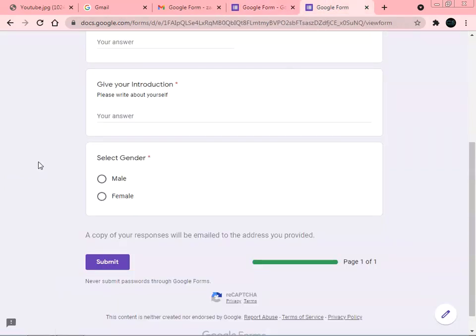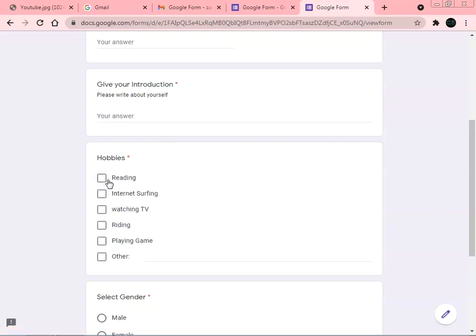So here we are coming to the form and we are reloading it. Here we are getting this hobbies option. So we can select reading, internet surfing, watching, and if you are selecting others, then you have to enter here what is your hobby. Just like I'm saying, video making.